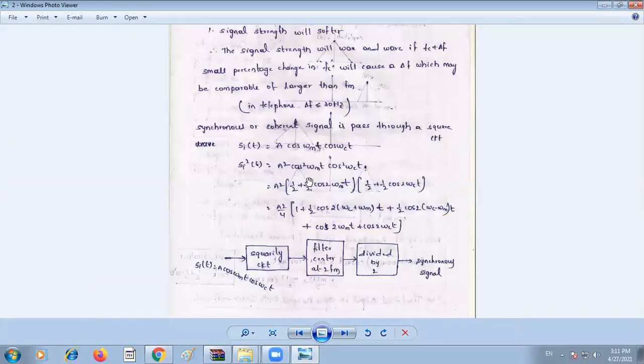Cos square theta is derived like this: A square into 1 by 2 plus 1 by 2 cos 2 omega m t, and 1 by 2 plus 1 by 2 cos 2 omega c t. After multiplication of these two, we get A square by 4, 1 plus 1 by 2 cos 2